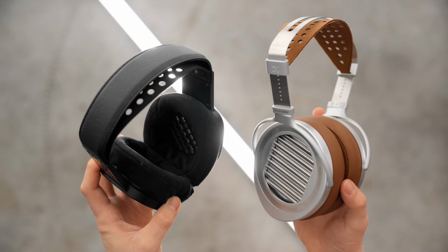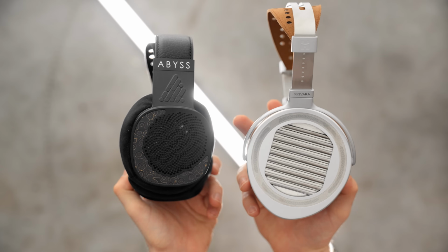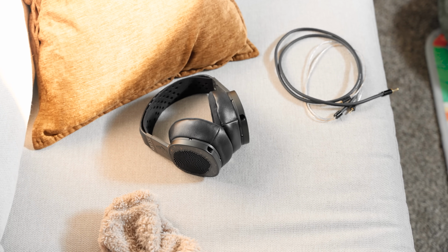Okay, now when it comes to Diana DZ, these are actually fairly close in some capacities. One is the fitment of them is fairly similar. They're both very slim planars. They're both on the lighter end of planars, and they both have a suspension strap and pads that will slightly touch your ears. And some people